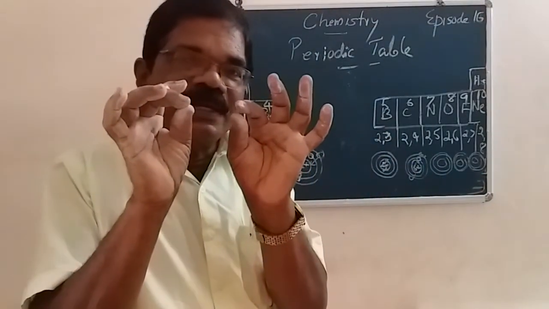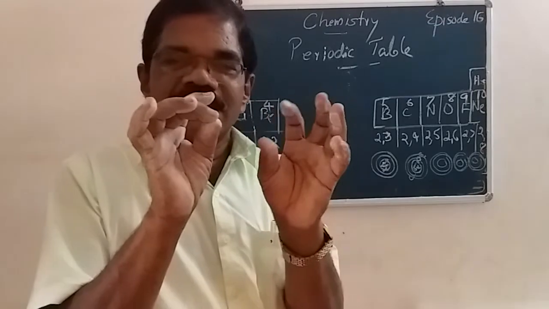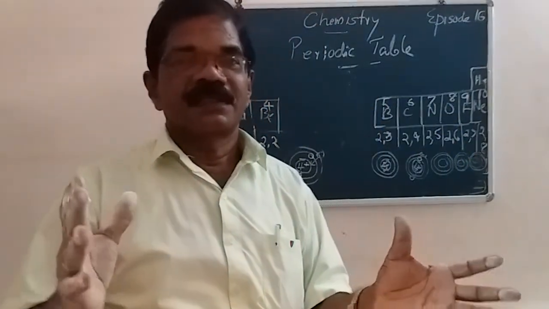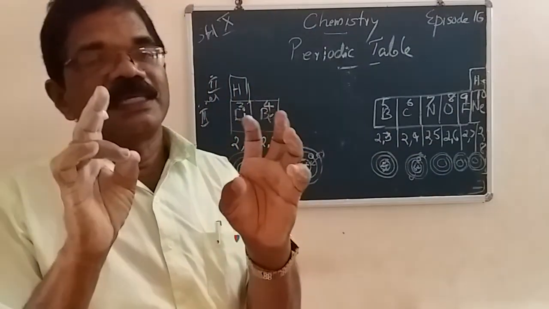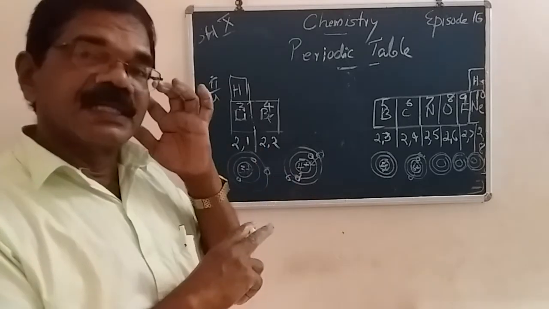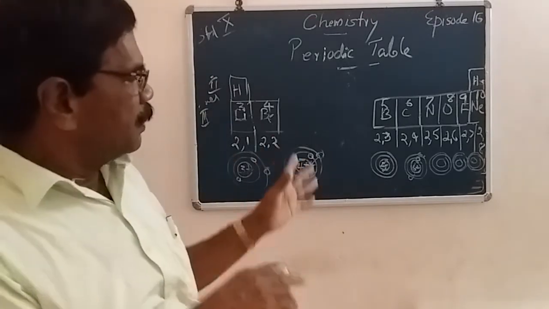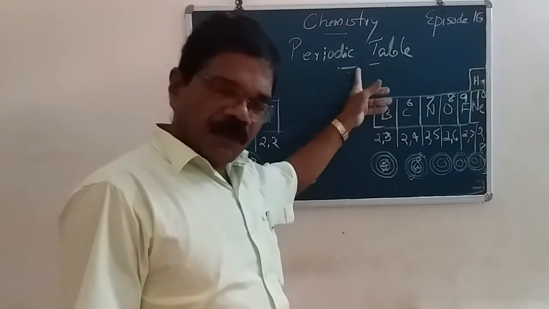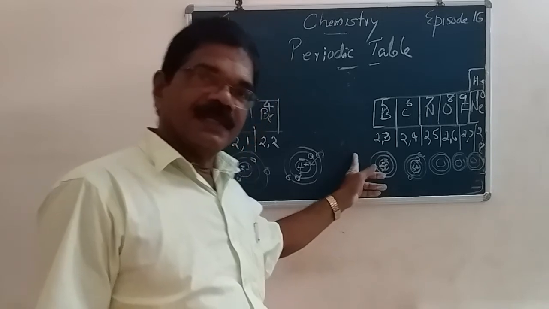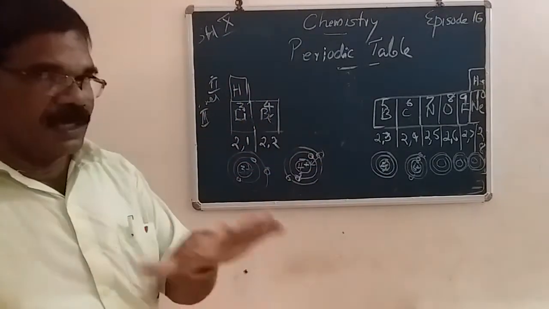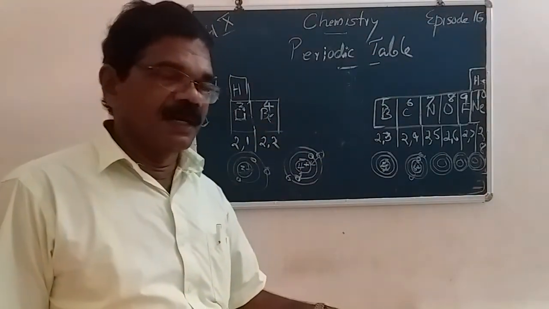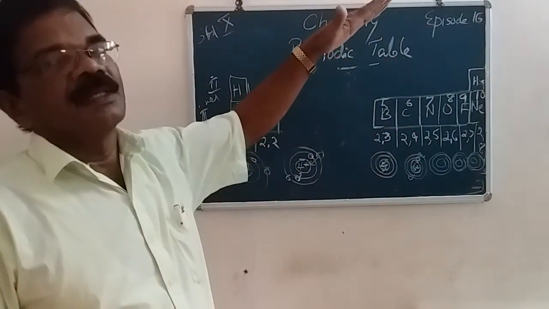The small onion has only one or two layers. At the same time, a big onion contains many layers. Normally, in the case of the atom, these layers mean the number of shells. So there is no doubt that from top to bottom the size increases, because the number of shells increases. Then we came to the conclusion: biggest atoms at the bottom of the periodic table, smallest atoms at the top of the periodic table.